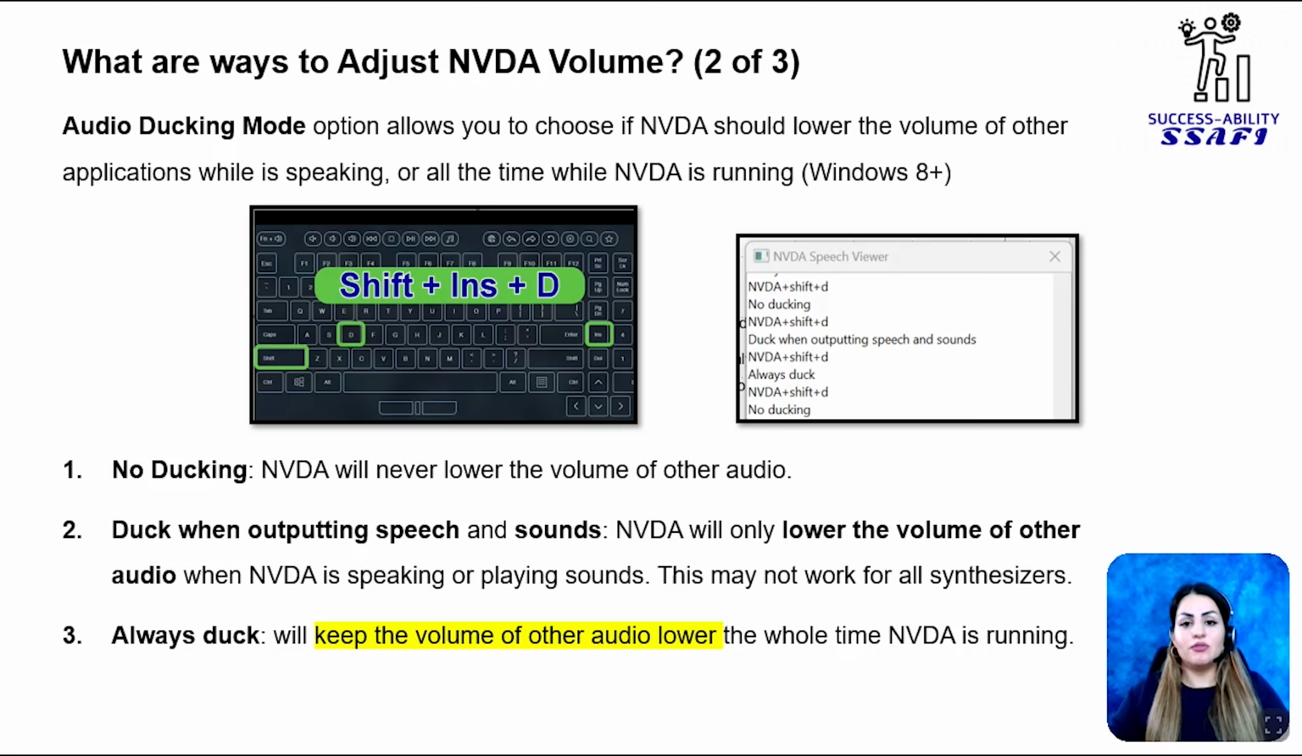So by default, you are running NVDA on your system. The sound on the system is exactly matching with the sound of the other applications on your system. Imagine you have not updated your volume mixer. That's why by default, if you are listening to music on your system, it is exactly the same level of volume as when your NVDA is running. Okay. Now you go ahead and